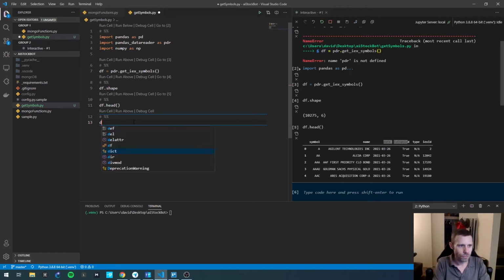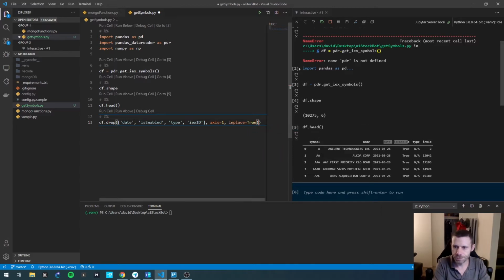So from here, we're going to drop those columns, and that'll be date, is enabled, type, and IEX ID, and that will be the column axis, and inplace equals true. Okay, and then